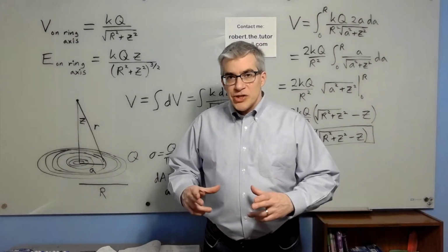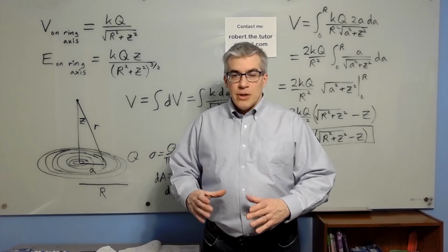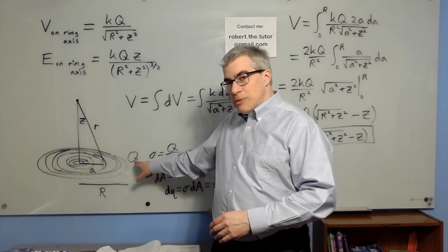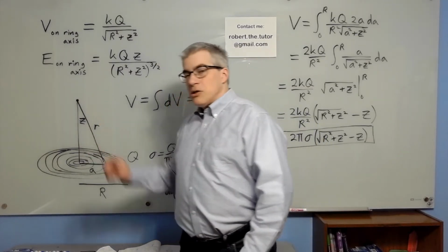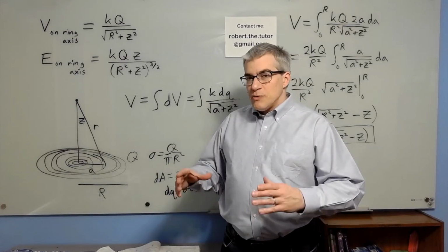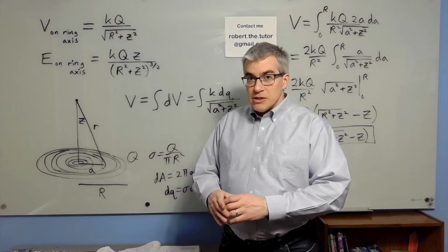We can find the voltage on the axis of a uniformly charged disk. It will have charge capital Q, radius big R. We're going to be a distance z along the axis away from it. To find that voltage, we're going to chop the disk up into lots of little rings because we have worked